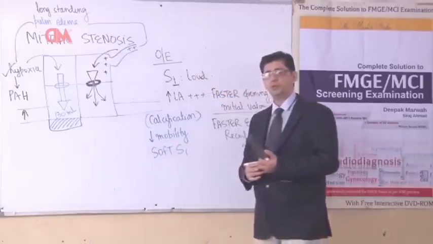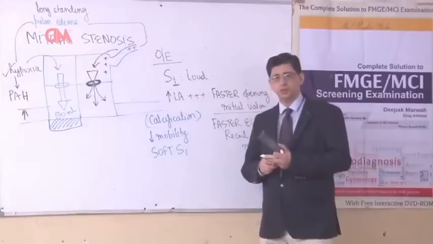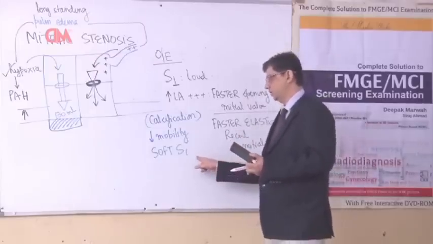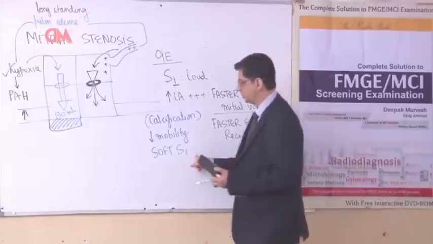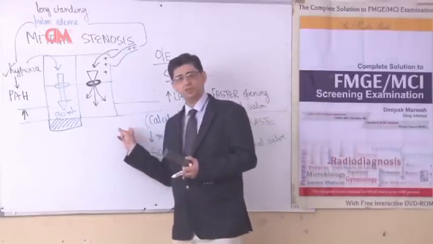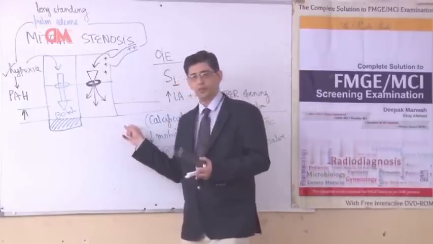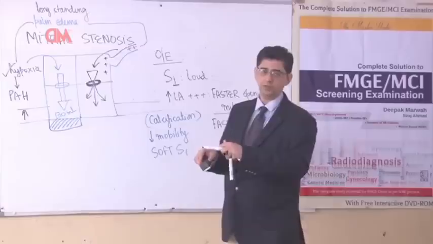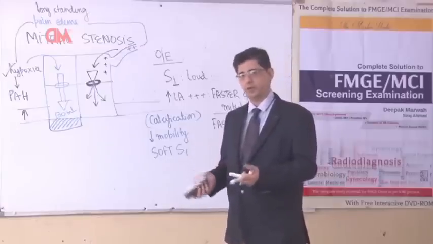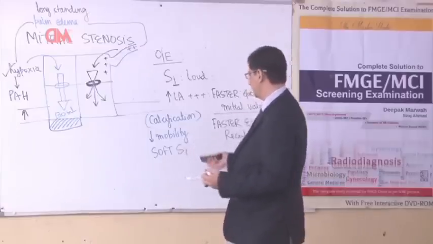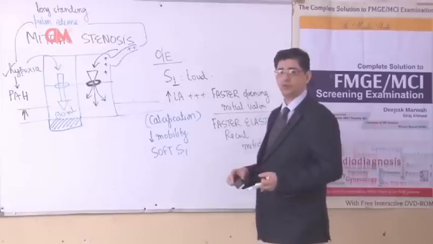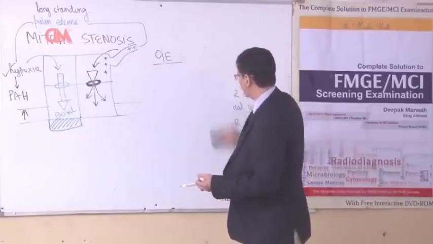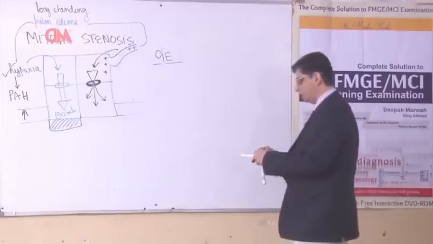So in most patients of mitral stenosis, you have a loud S1. But in the question, they can not only ask you about a loud S1, they can ask you about a soft S1 also. Soft S1 in mitral stenosis implies that there is a calcification in the mitral valve of the patient. The reason for this is decreased mobility, decreased speed. If the valve is opening with more gradient, then there's going to be loud S1. Because there is a calcification, the valve moves with less speed, there's a soft S1 in the patient. Sometimes in MCQs, to make it a little more tricky for you, they can ask it in the following fashion.